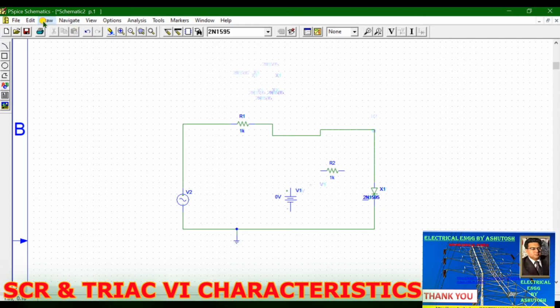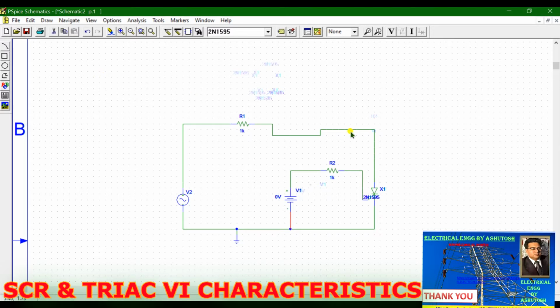Okay, now again select wire, and from this voltage source you can connect to, it is now connected to the gate terminal, and then the supply voltage source to this terminal.